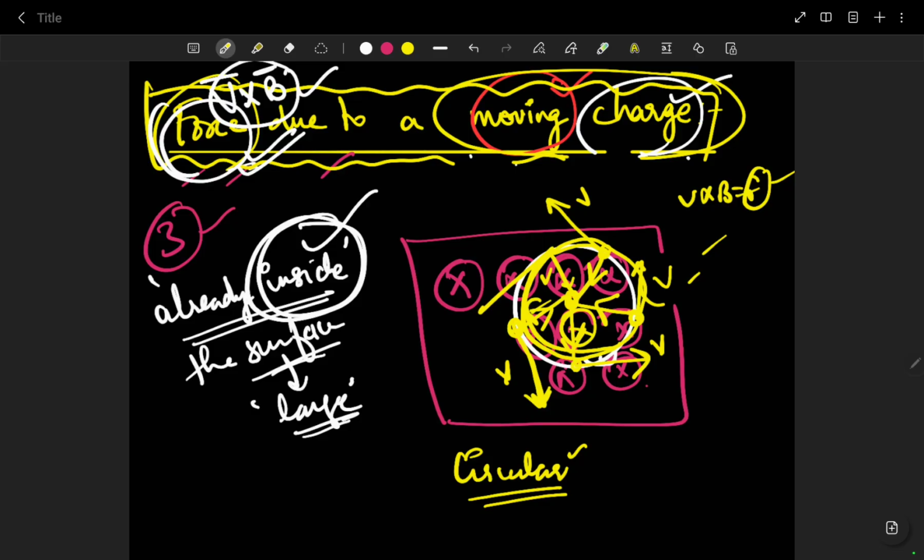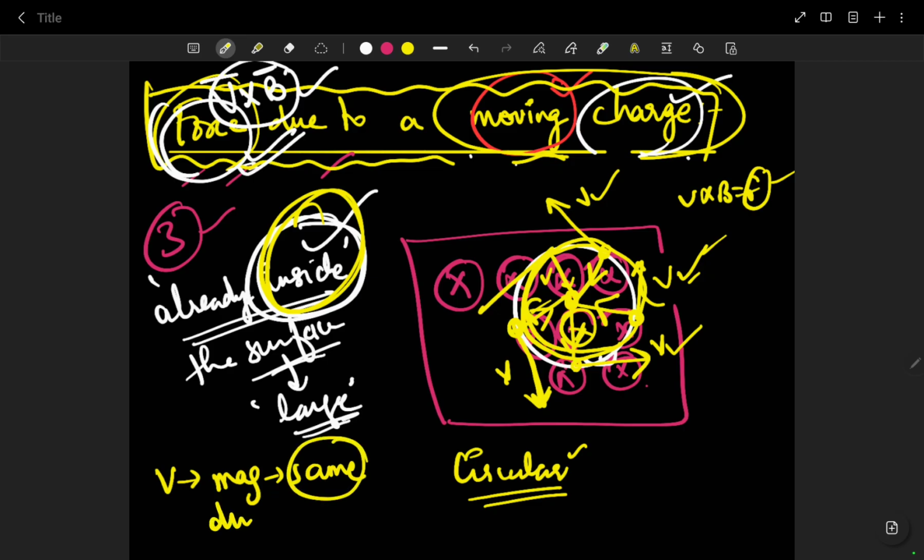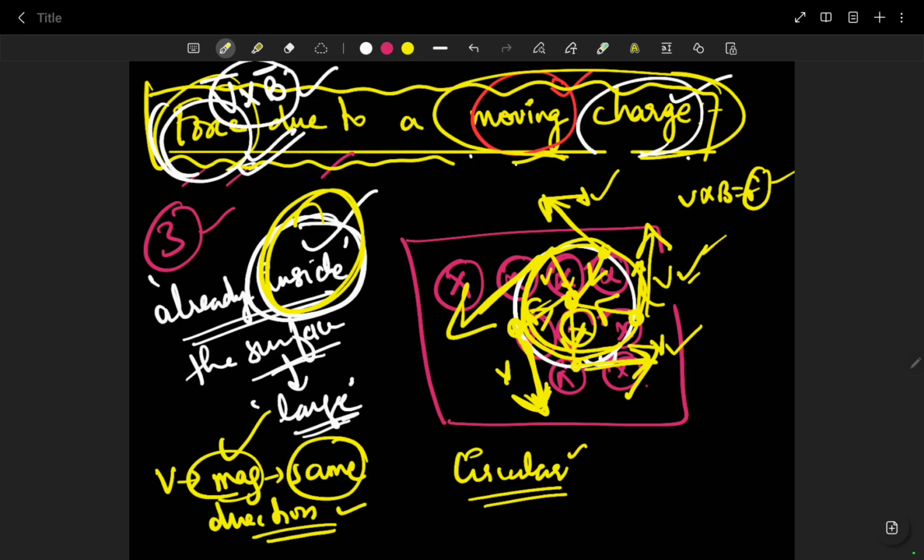But most importantly, since the charge was already inside the surface, you will observe that the magnitude of this velocity remains constant. V magnitude was the same. I know the V direction is changing, that I understand, because it's tangential. Over here it's this way, over here it's this way, over here it's this way. I get that. But what I'm trying to say is the value of the magnitude of velocity remains the same